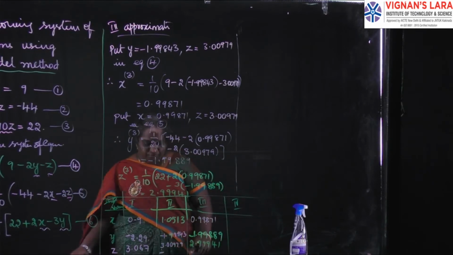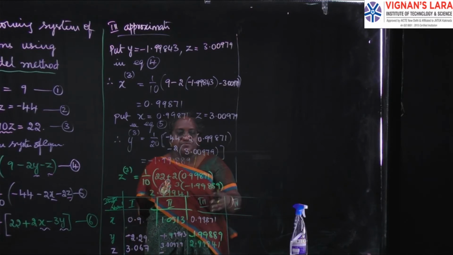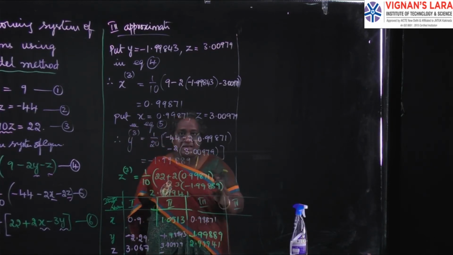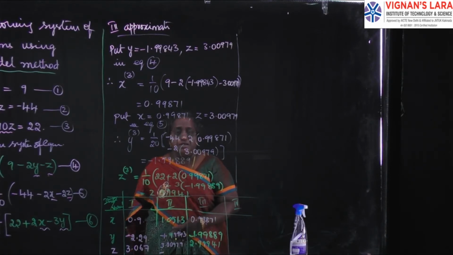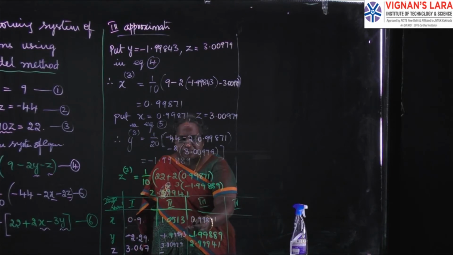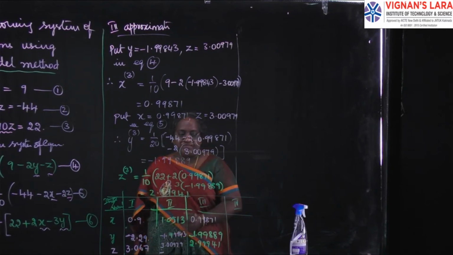Now if we see the fourth approximation, the minimum we have to perform, if it is not mentioned, is 3 or 4 iterations. See the convergence. You can get the solution of this system of equations in Calc, but you should not give that as the answer. It is only for your verification purpose. So by that, you have to see how the root is converging nearer to the exact solution. So by this, what we can understand, 0.999 means the solution is 1. Minus 1.99889 means minus 2. 2.999 means the root is nearer to 3.